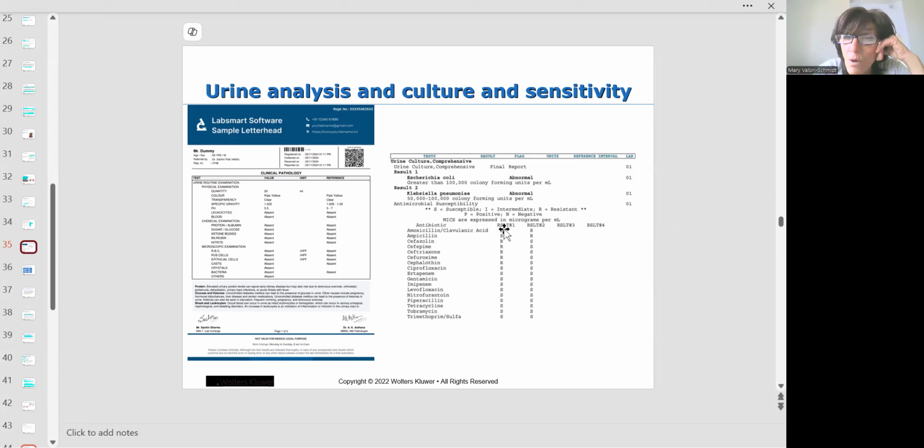So you're looking for an S, not an R, because S means susceptible, R means resistant. I is intermediate. It's usually not that effective. So what you want is to know which antibiotic will effectively kill which bacteria. So for the E. coli,